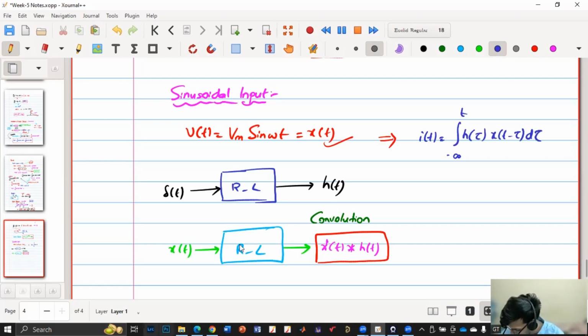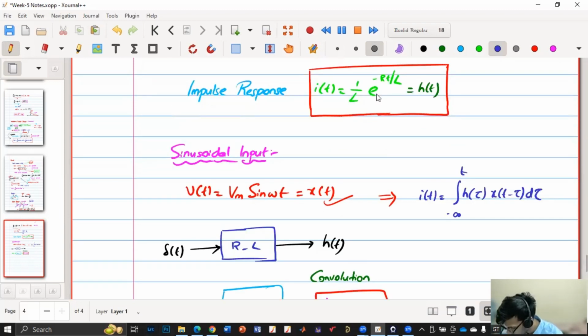And h of tau is what? H of tau is this one. So if I replace that, I will get my I of t is equal to integral from minus infinity to t of h of tau. So this is my h of tau. I have to substitute here: 1 by L e to the power minus R tau by L, times x of,